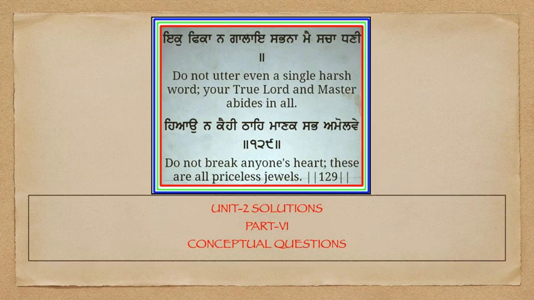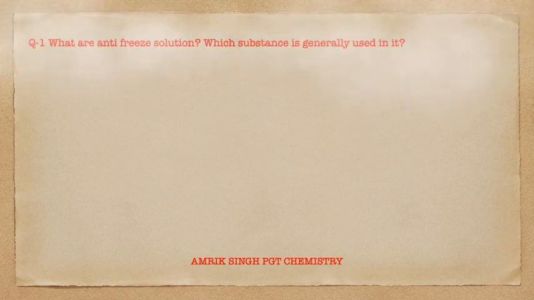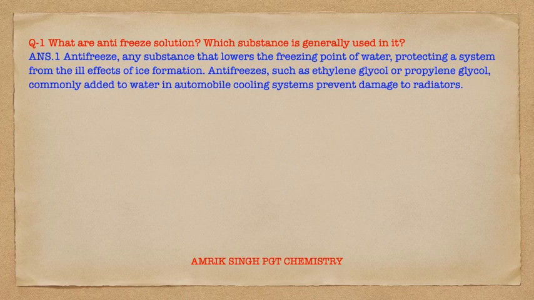Unit 2 Solutions, Part 6, Conceptual Questions. Question number 1. What are antifreeze solutions? Which substance is generally used in it? Answer: antifreeze is any substance that lowers the freezing point of water, protecting a system from all the effects of ice formation. Antifreezes such as ethylene glycol and propylene glycol, commonly added to water in automobile cooling systems, prevent damage to